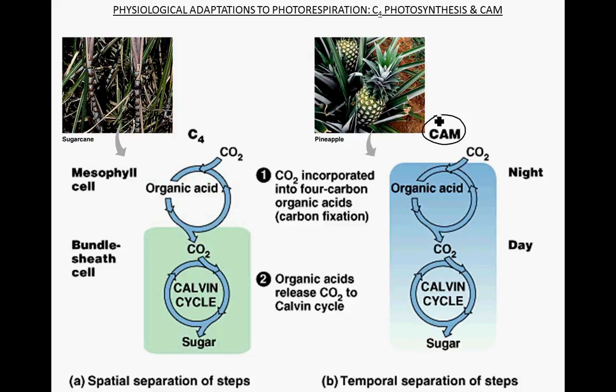So another physiological adaptation are the crassulacean acid metabolism, or CAM plants here. And these CAM plants will do something like the C4 plants over here. So again, this carbon dioxide is fixed into organic acids like oxaloacetate, and then the CO2 is delivered directly to the Calvin cycle. In a CAM plant, it's very similar, but at nighttime, when these stomata are open because it's cooler, it's not as dry, it's not as hot, you're not losing as much water vapor. So in this case, CO2 can come in, and CO2 will be fixed by PEP carboxylase, and then the organic acids get stored